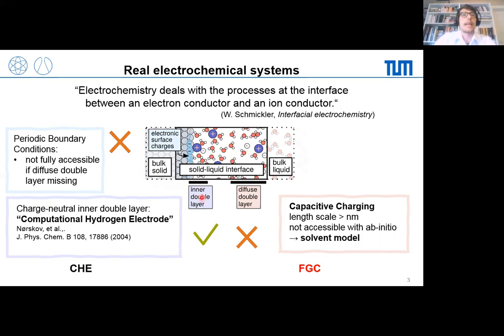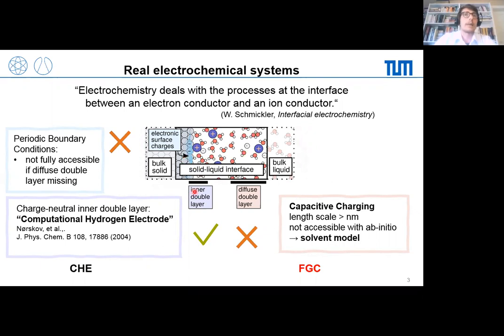And this approach is the so-called computational hydrogen electrode approach, where we have agreed that we can estimate the thermodynamics of this interface by just simulating